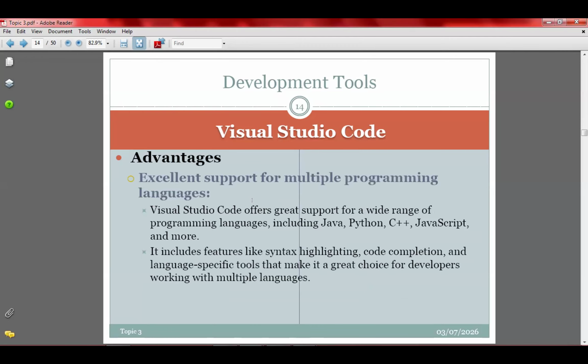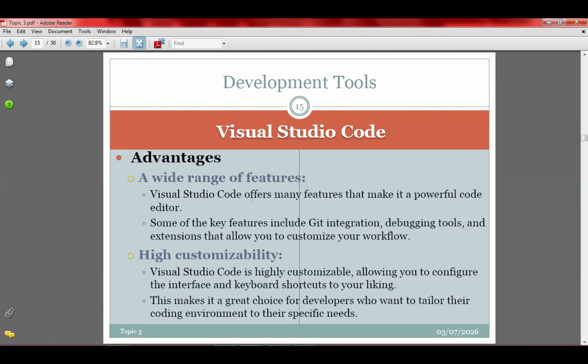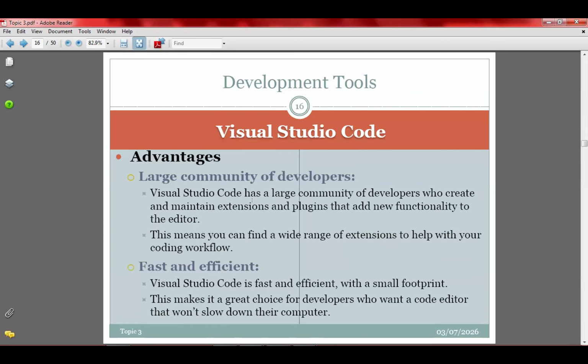So we have some advantages of VS Code. It supports multiple programming languages. We've said that when you are using VS Code, you can have so many programs on it. It has a wide range of features that make programming easier. You can customize VS Code to do so many things for you.